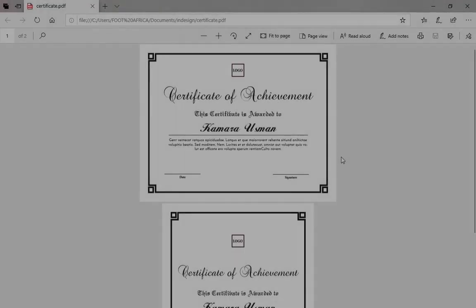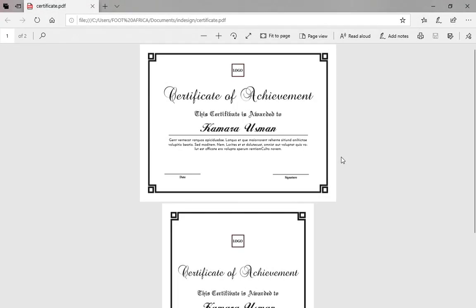Alright, welcome to another InDesign beginner to advanced course. In this lesson, we want to learn how to design a certificate. Okay, and now with a certificate, let's go ahead and create the